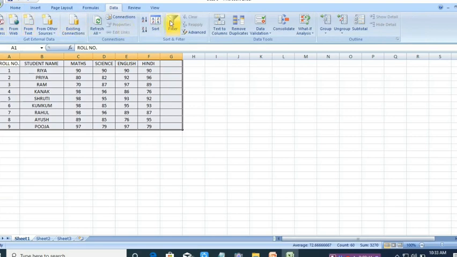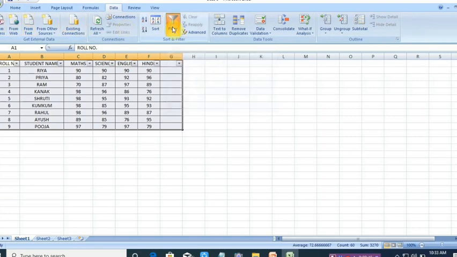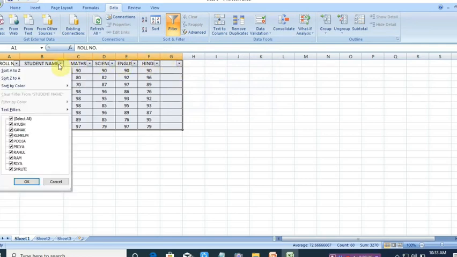Now here you will get the option Filter. Now you can see you are getting some small triangular tabs. When you click over it, it will ask on which basis you want to extract the data.